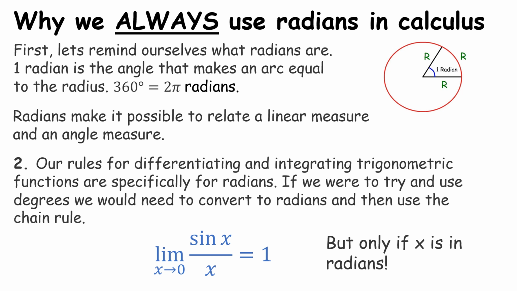But we can basically figure out that the limit as x goes to 0 of sine of x divided by x gives us 1. But this only works if x is in radians. So we don't need to go into the complicated thinking around it. But understand that when you look in your log tables and you're given the rule for differentiation and for integration, those rules have come about, remember, they're shortcuts, from functions that are using radians,